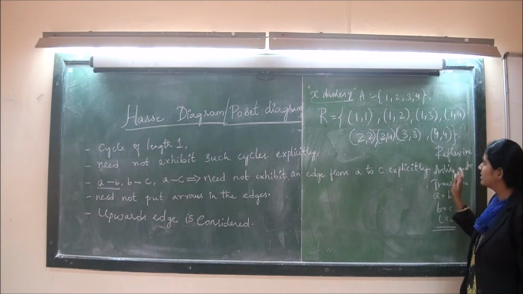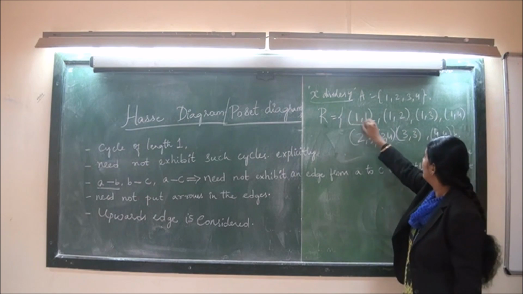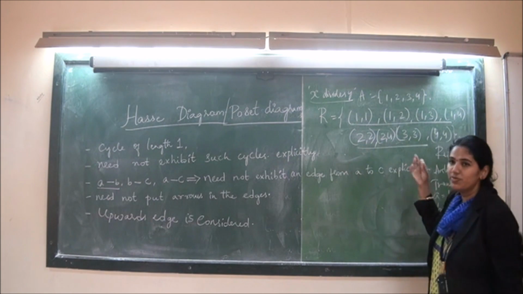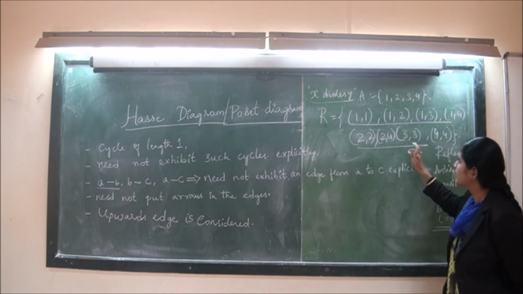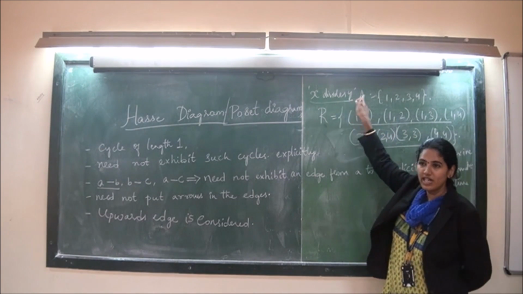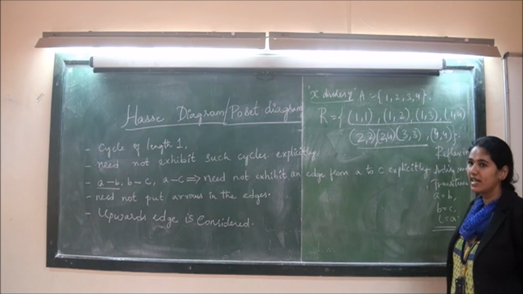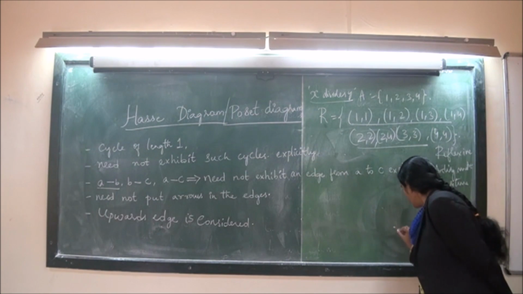So after constructing this relation, we need to draw a Hasse diagram. For this given relation which we defined, for this condition x divides y, I am going to draw a Hasse diagram. So again, if I consider